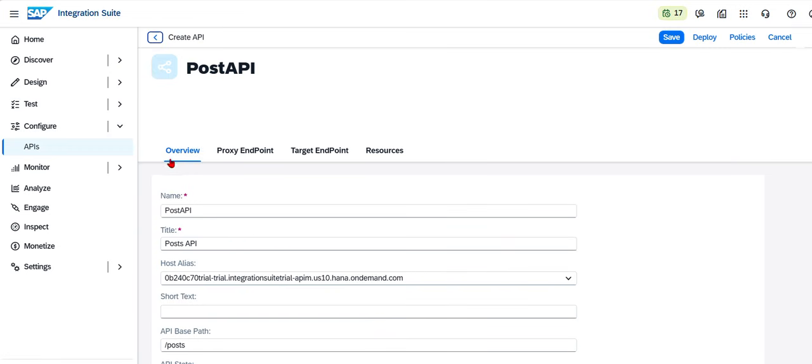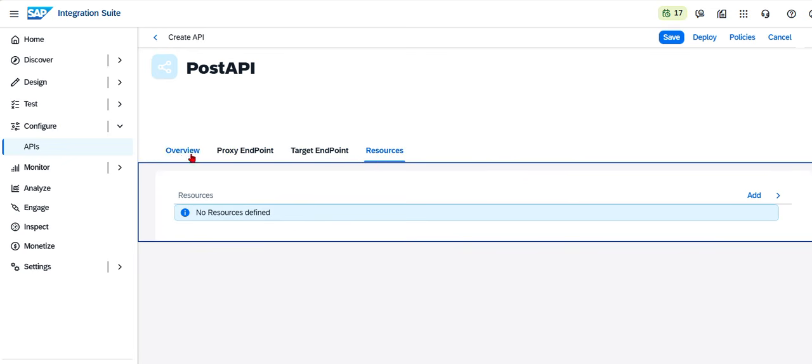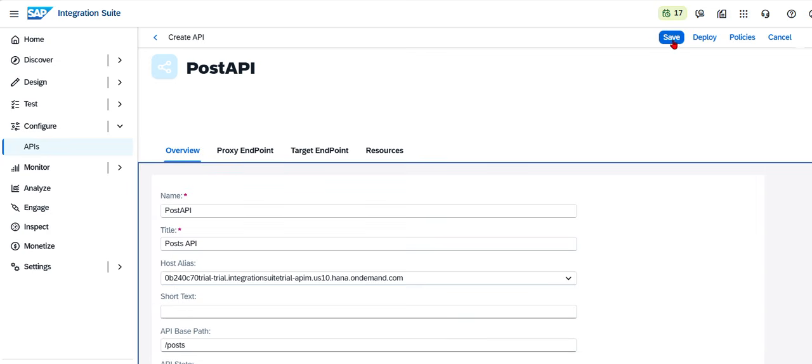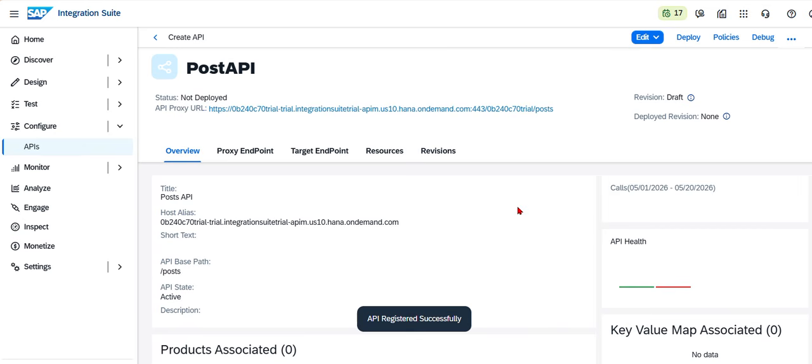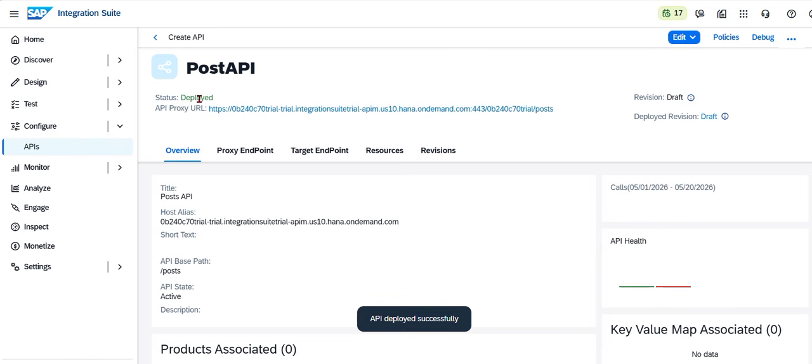Once created, look for all the tabs: overview, proxy endpoint, target endpoint, and resources. If everything looks good, click on save button, and once everything looks good and it has been saved successfully, click on deploy. Now you can see the status has been deployed. Now copy the URL,